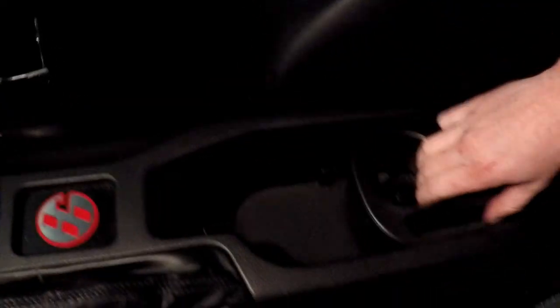So let me get some screwdrivers and stuff out. We're going to get in the car, we're going to pop the console and everything off, remove the shifter first. First things first,